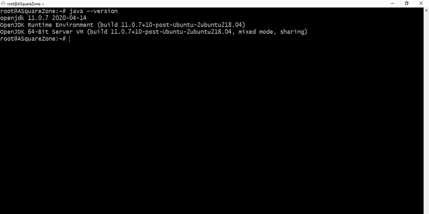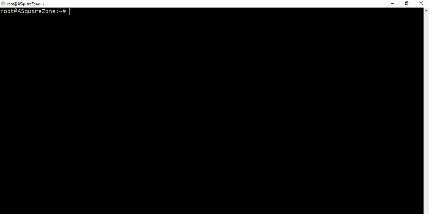As I told you, it gets the latest version of Java on this server, as version 11 is the latest version, so it gets updated here and it is installed on the Ubuntu server. So now I am going to get my required packages related to Jenkins. Here we need to execute two commands.